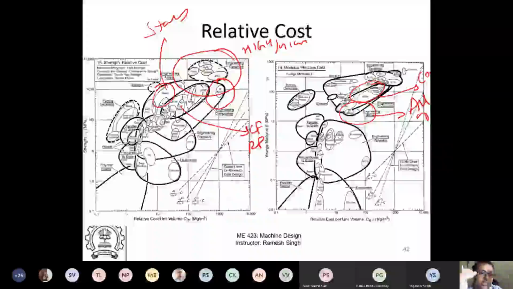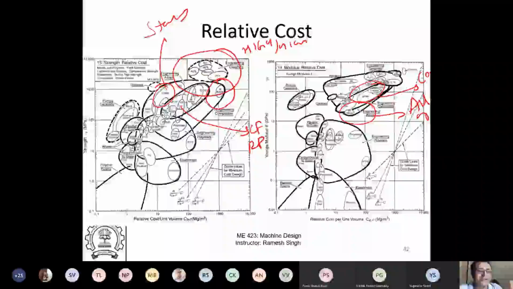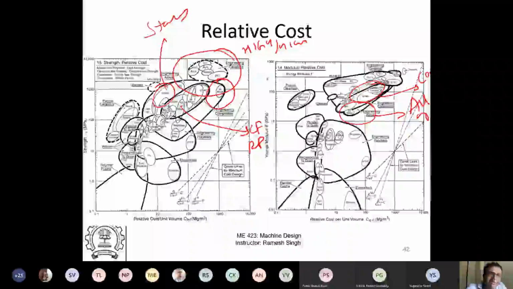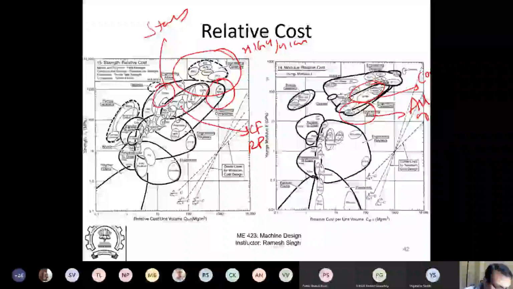Once we identify a number of materials which actually help, I'll basically have a list of possible candidates, but the ones which I will select have to be cost effective. It should meet the functionality at the lowest cost, is what you do as a part of design. So if you see the relative cost per unit volume, ceramics and CFRP,